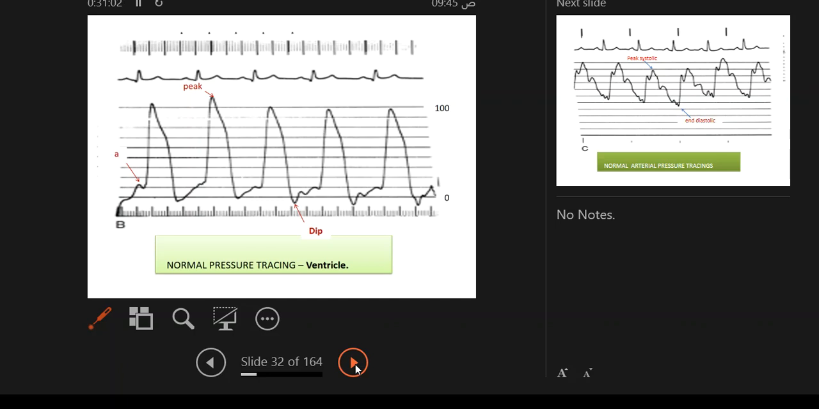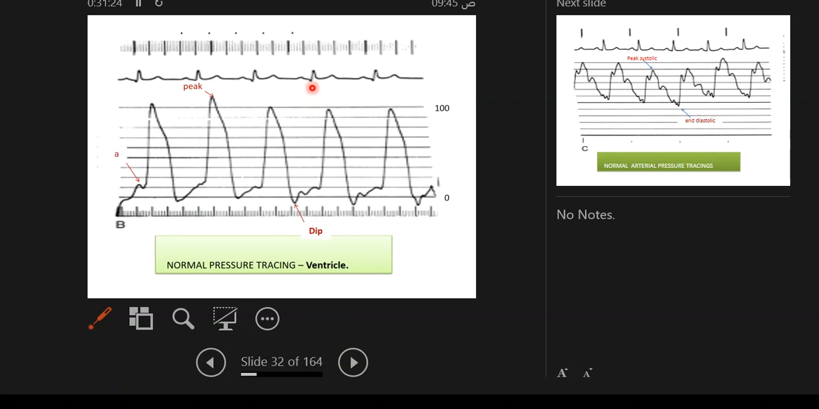ECG, as you see, a ventricle. Probably the left ventricle because it's at 100, it's systolic, or a right ventricle in a patient with pulmonary stenosis, but it's probably more of a left ventricle from the shape. Okay? So if you come to measure where the end diastolic pressure is,